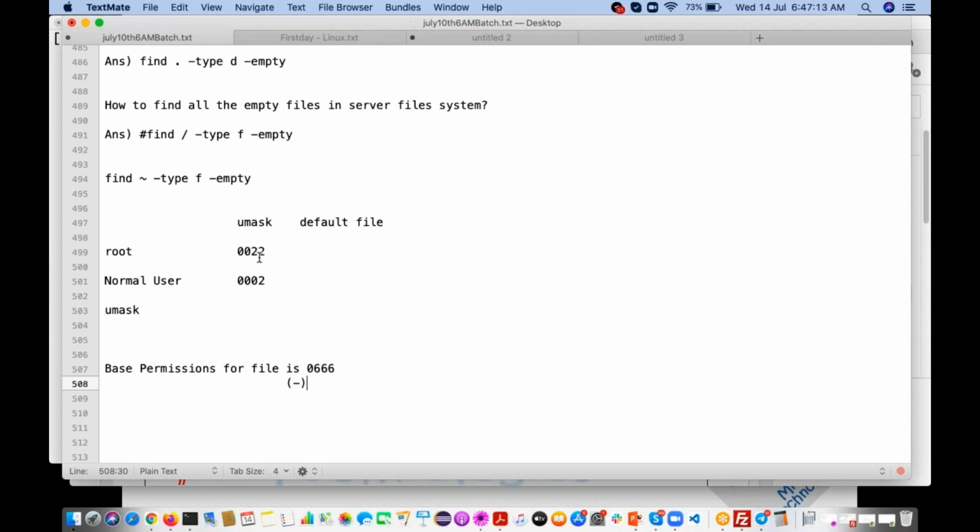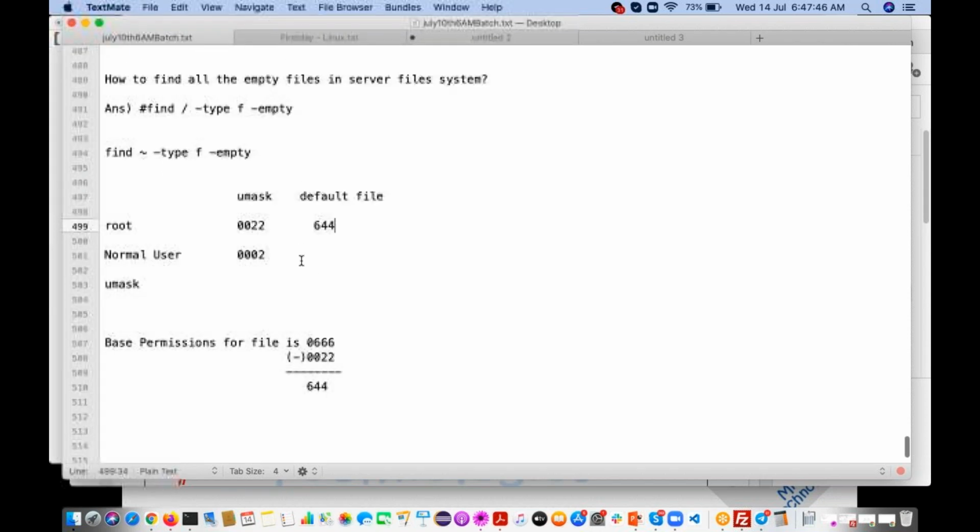What is the umask value for the root user? 0022. So after subtracting, the value is 0644. Even if you remove this 0, same. So if I create a file with the root user, 644 is the default permission it is going to set.